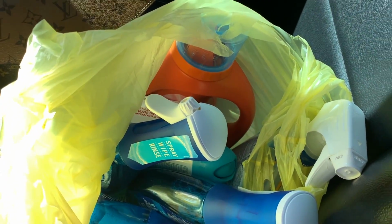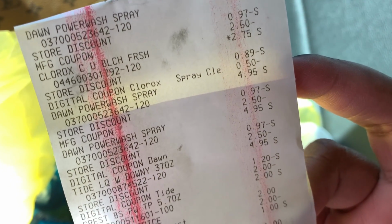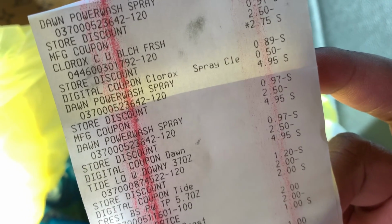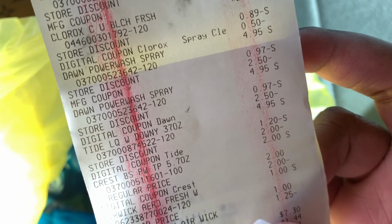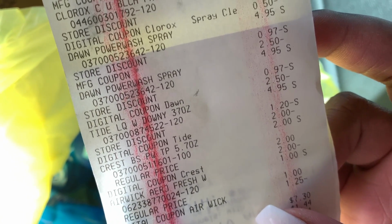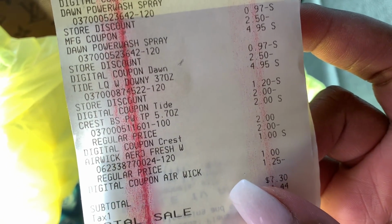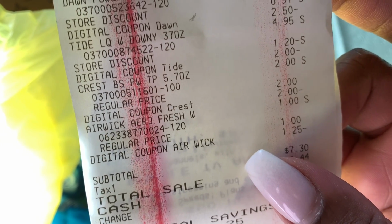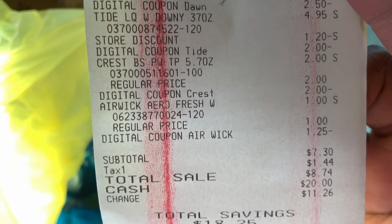All right, you guys, so that transaction worked out pretty well. So there's all of our items. There's our Dawn Power Wash, $2.50 off paper coupon, our Clorox Cleanup, 50-cent off paper coupon, our Dawn Power Wash, $2.50 off paper coupon, then the Dawn Power Wash that we used the digital coupon for. There is the Tide liquid laundry detergent, $2 digital, the Crest, $2 digital, and then the Airwick with our $1.25 off digital. Our subtotal came up to